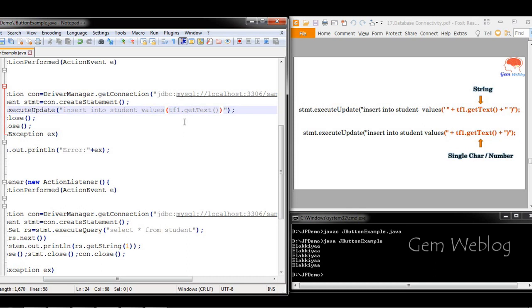So for this, here you are closing the string, and here also it is a string, you are closing it back. Since you are concatenating a string with a value, you have to give a plus symbol over here. And we also know that it is a string, so you have to provide single quotes inside the values. So we are providing single quotes inside the string so that it will append single quotes followed by your value that is given in getText.